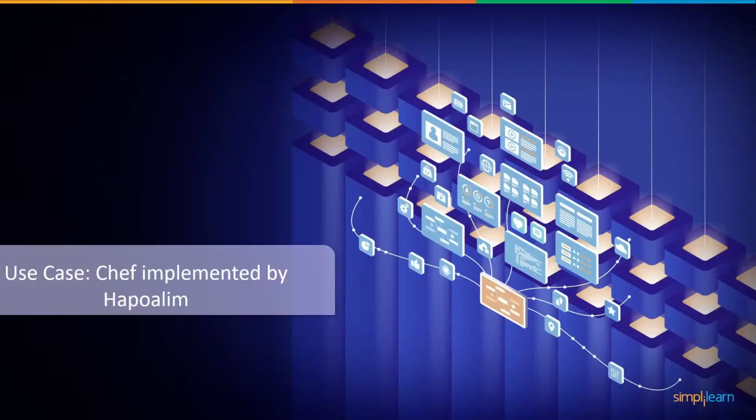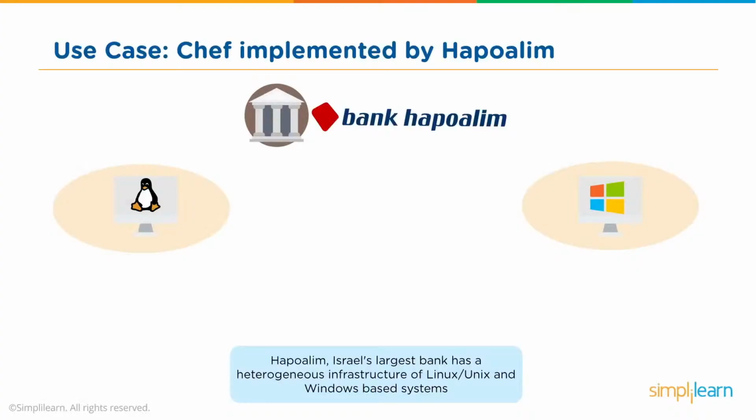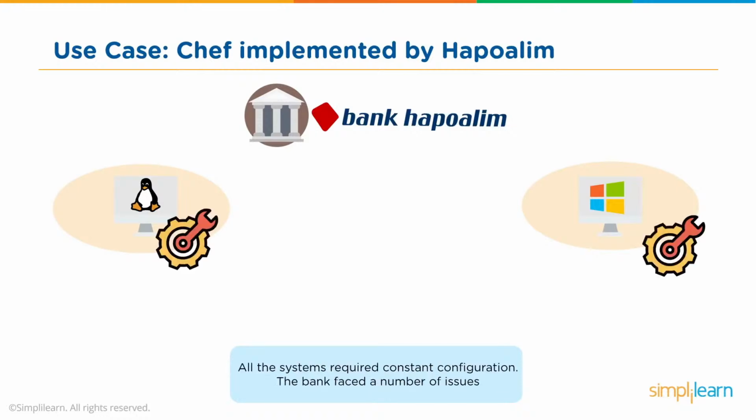So let's step through a use case. In this instance, we're going to look at Hapoalim and how they used Chef. Hapoalim is a bank, and it's the largest bank in Israel. They have a mixture of Linux and Windows servers that they have to maintain. As you can imagine, this requires a lot of constant configuration and work,